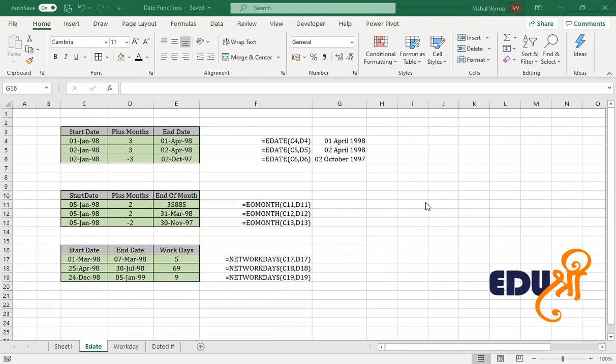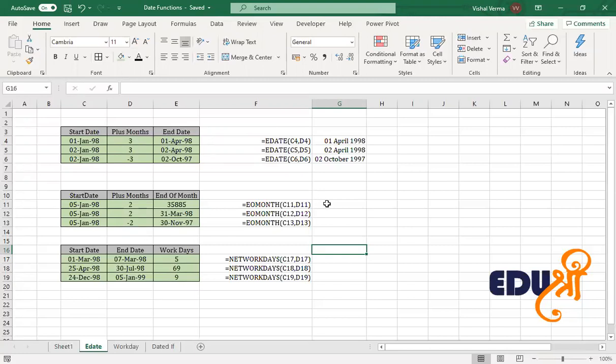But when we add months in EOMONTH, we actually get the last date of the month. When we work with the example of 1st January 1998, we got the 1st of April 98 with EDATE.